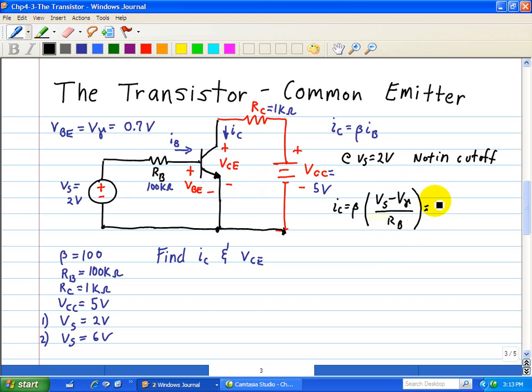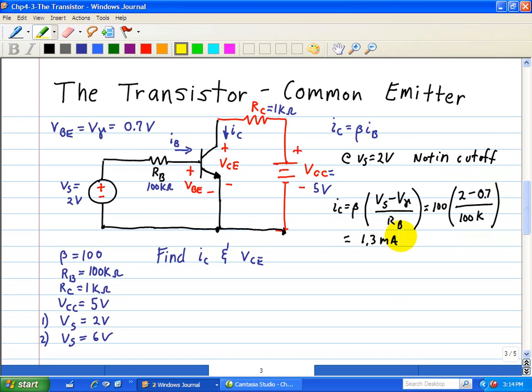Substituting the values for beta 100, Vs for 2, V gamma for 0.7, and RB for 100 kilo ohms, we have IC equal to 1.3 milliamps